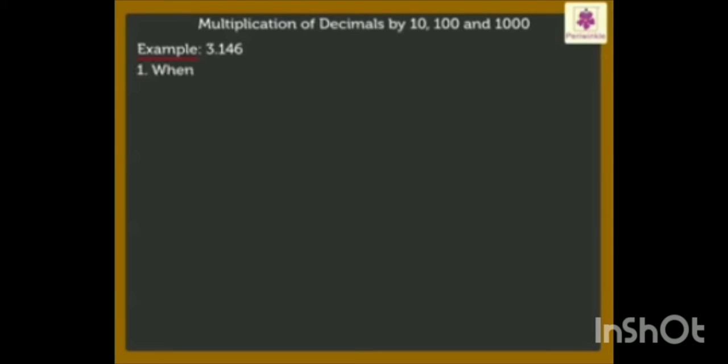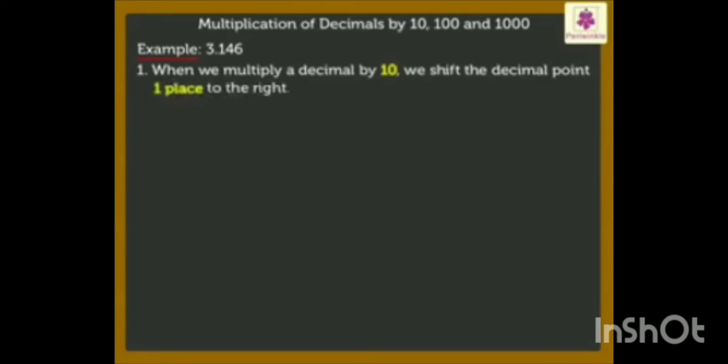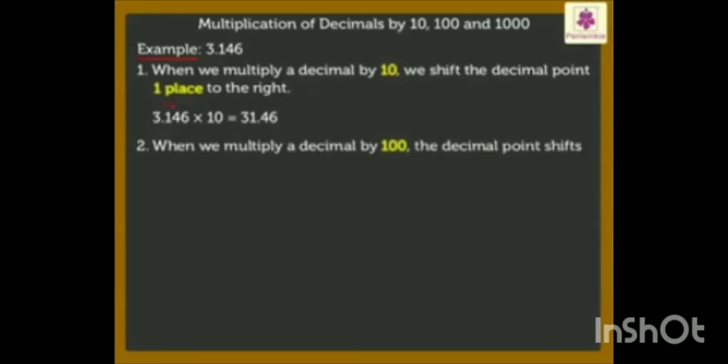3.146. When we multiply a decimal by 10, we shift the decimal point one place to the right. Thus, 3.146 into 10 is equal to 31.46. In the same way, when we multiply a decimal by 100, the decimal point shifts two places to the right. Thus,